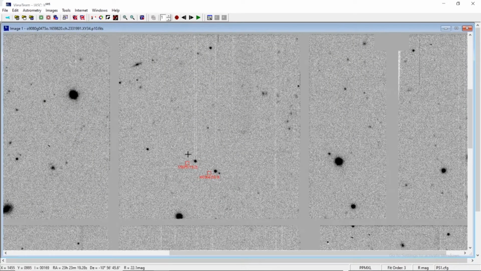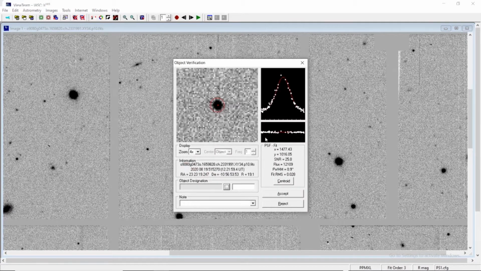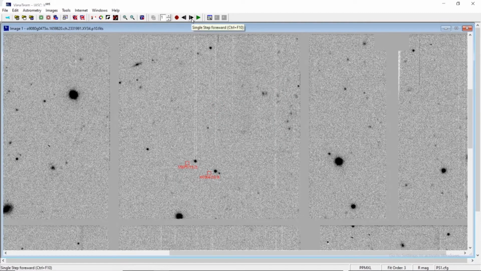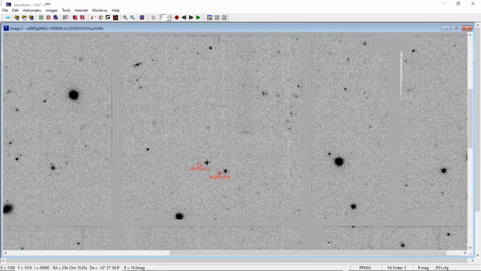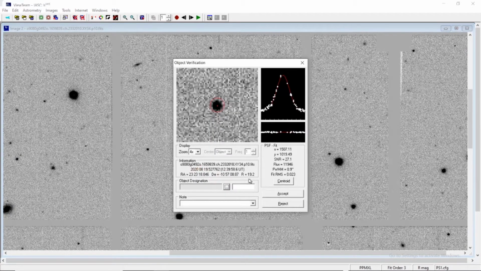So I am stopping the blinking at image 1, clicking on this S5875, and let me see the properties. Beautiful PSFs, beautiful graphs, R value 19.1, SNR is 25.0, SNR acceptable, and let us find the variation of R. I am moving it to image number 2. Here it comes, 19.2.